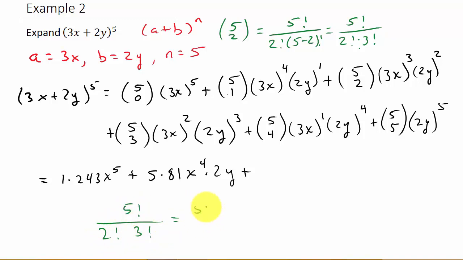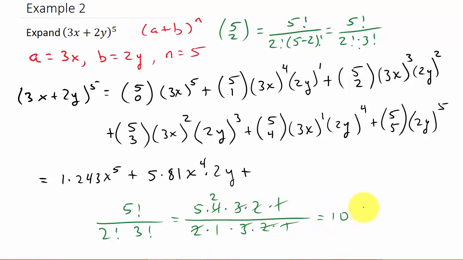So 5 factorial is 5 times 4 times 3 times 2 times 1. 2 factorial is 2 times 1. And 3 factorial is 3 times 2 times 1. Well, you can see the 3, 2, and the 1's cancel here. And then 2 goes into 4 2 times, and so we would be left with 10. Okay. All right, so